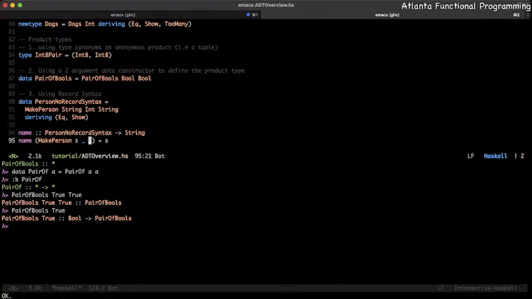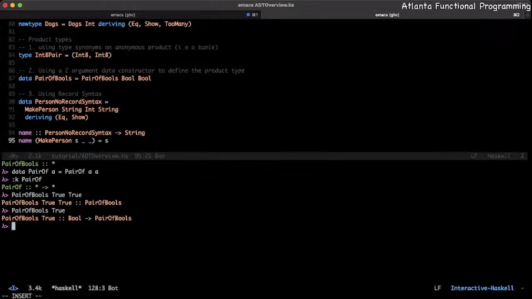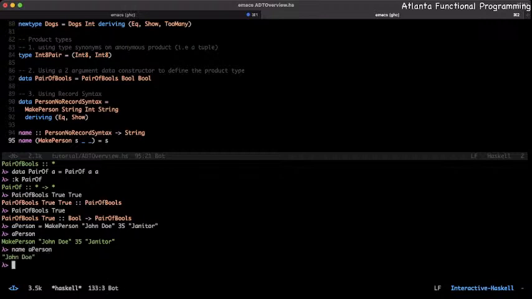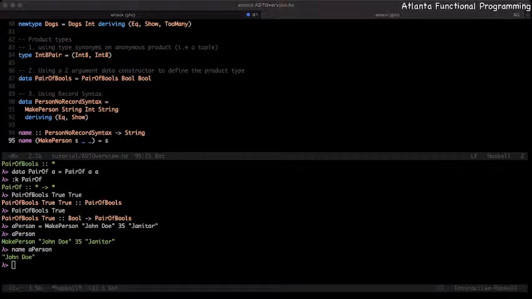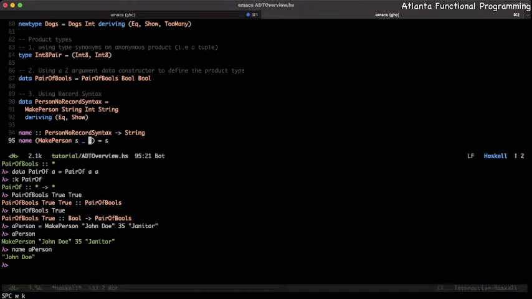a syntax here. So if we go again and create, say, a person with make person John Doe, who's 35 and is a janitor or something like that. Okay, and we now have a person here. If we ask for the name of a person, we now can get John Doe, right? But this is kind of tedious, right? We'd want to be able to just get some accessors already available for you, right? So instead of doing this,